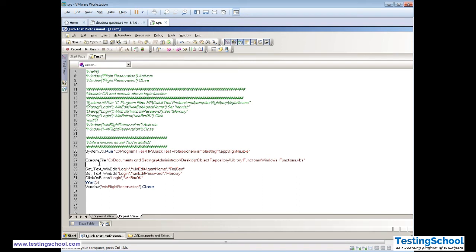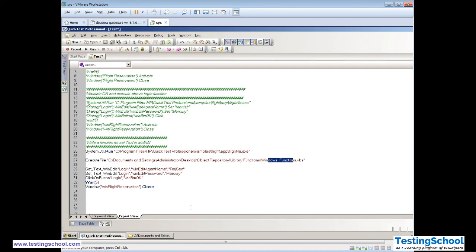This is the line of code that is required: ExecuteFile, for associating the file at runtime. In real-life scenarios, in many places we will need to associate our functional libraries, and our object repository also, at runtime.